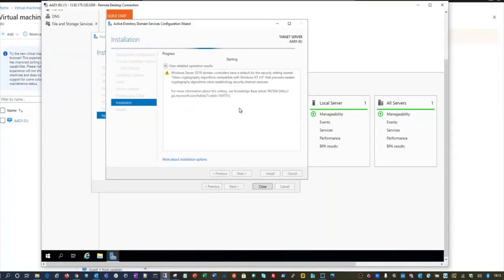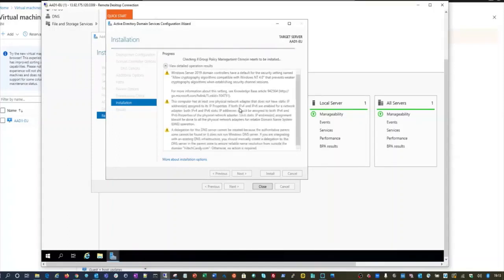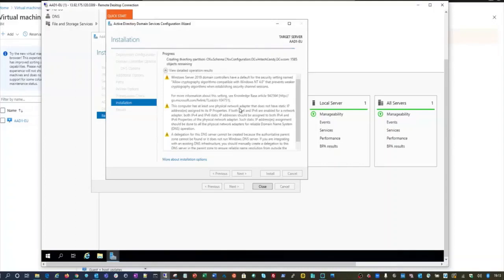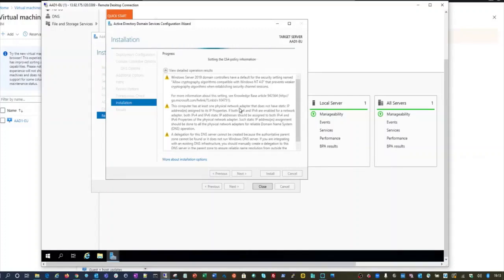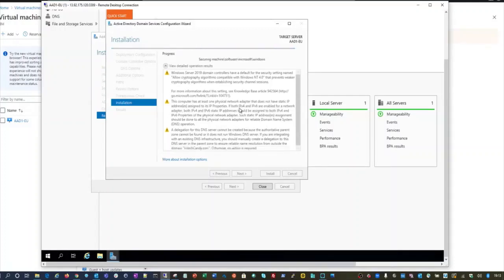So it's starting the process. I will pause the video after a few minutes so that it doesn't take so long, but this server will be rebooted automatically when the AD installation is done. Normally the first domain controller is installed very fast because there are not so many objects there.